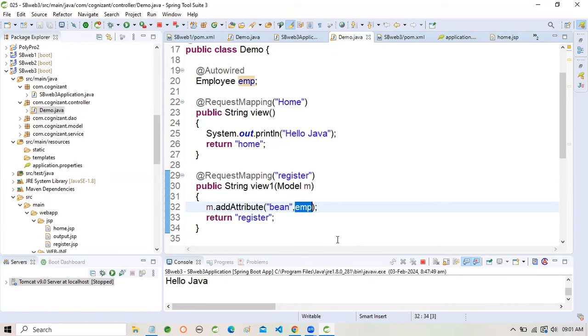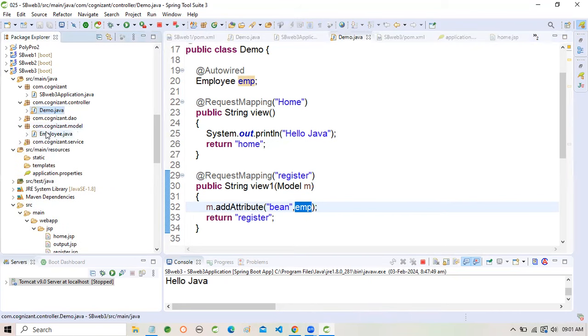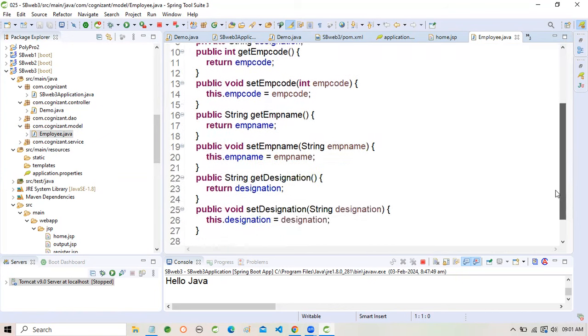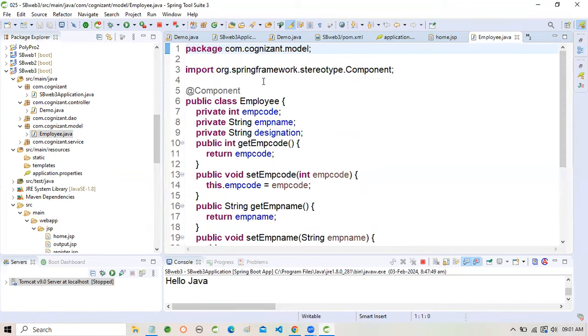So if you want to add a new employee, first of all create a bean file. Like here, it's the model class. This is the employee class, and this employee class has employee code, employee name, and designation. And there are getter methods. And if you want to use any bean file, it must have a component annotation. If you want to add values in the properties of this page,